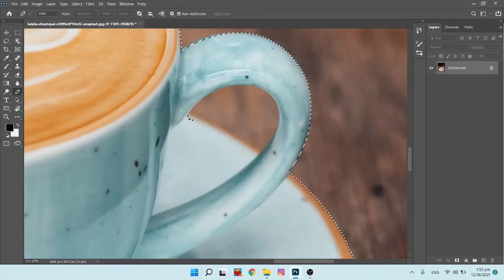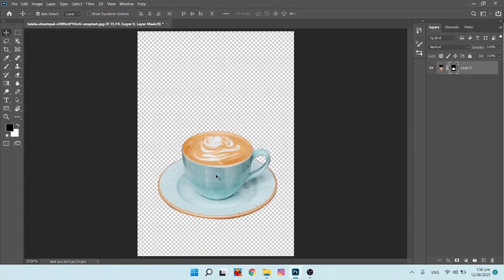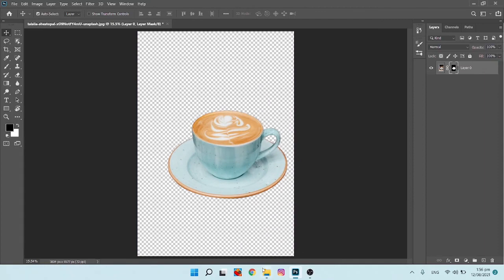So what I'm gonna do is select this one, the same as we did previously with the pencil. Selection and subtract from selection. There you go, hit OK. And then if you just click this little icon over here, it's actually going to mask it out. So you can move it anywhere you want. You can place it anywhere you want.